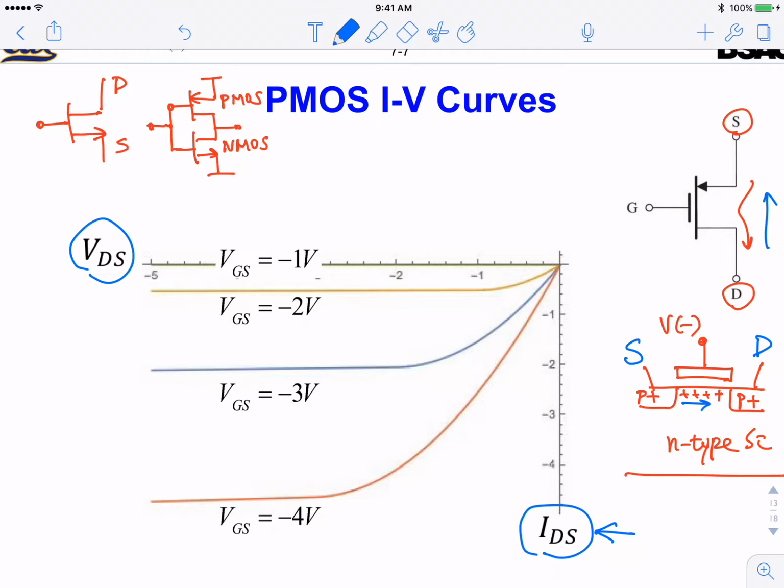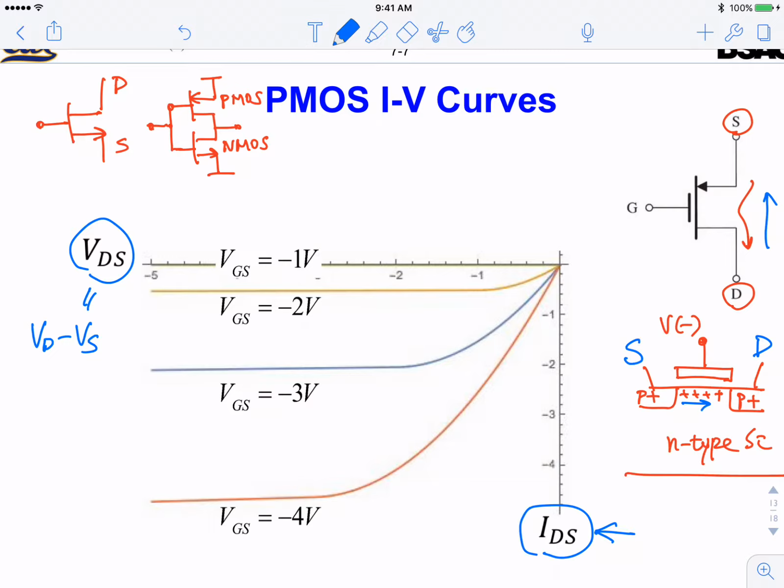And likewise, the voltage is usually higher for source than drain. So if you plot VDS, which is equal to VD minus VS, it is again a negative value. So for PMOS, the IV curve is in the third quadrant. Both VDS and IDS are negative, okay? And